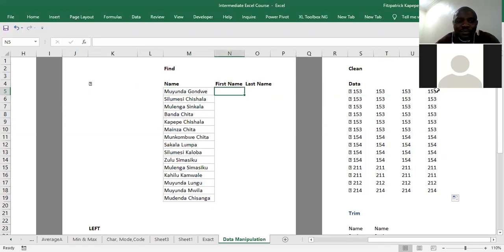So you know for sure that when you're getting this data from the database, you have the name, but all you want to do is separate the first name from the surname. Hello, are you getting me? So before you look at using the formula,